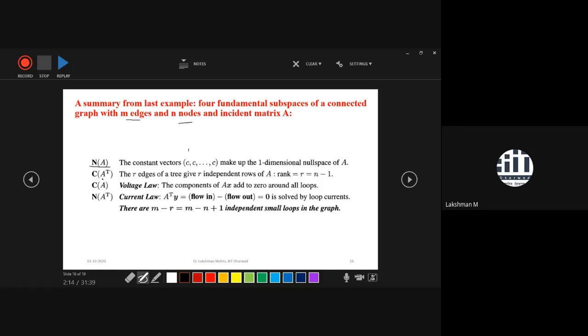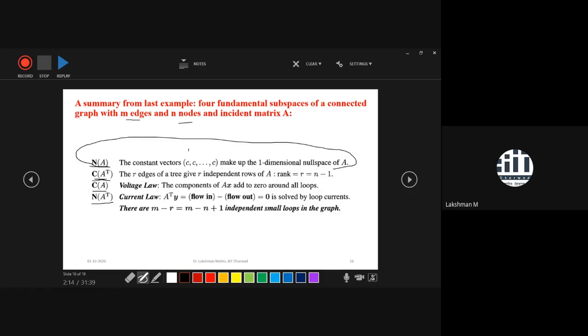Now after that you have to calculate the column space of A transpose, that means the row space of A, because once you have an idea of the null space of A, you can express part 1 of the fundamental theorem of linear algebra. Through that you can get the dimensions of the remaining 3 subspaces. Now we have at least 2 pieces of information regarding the remaining subspaces, so it would be easy to calculate them. Calculate the row space of A, then the column space of A, and finally the null space of A transpose.